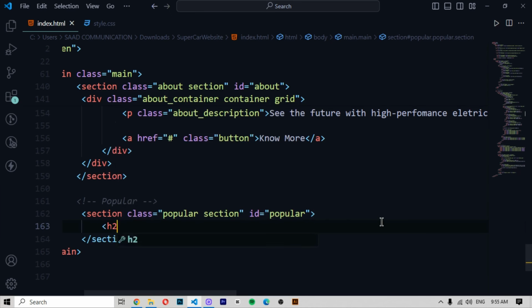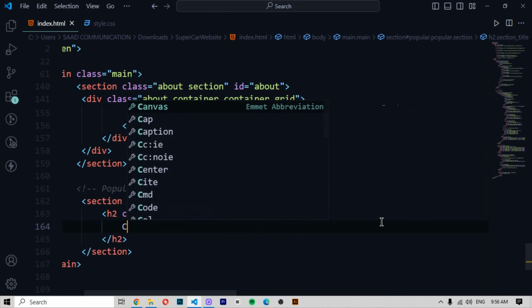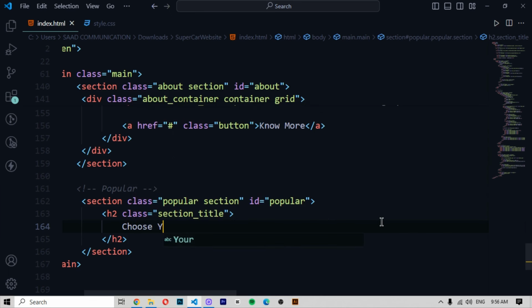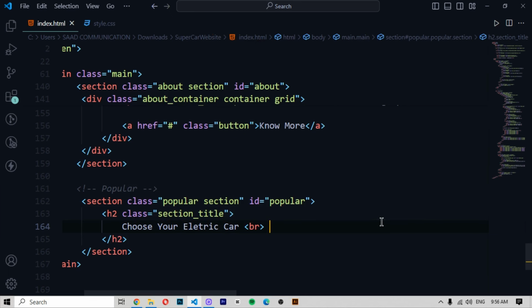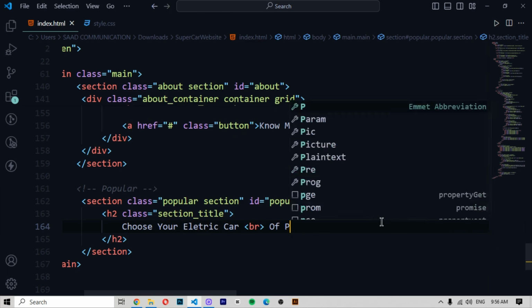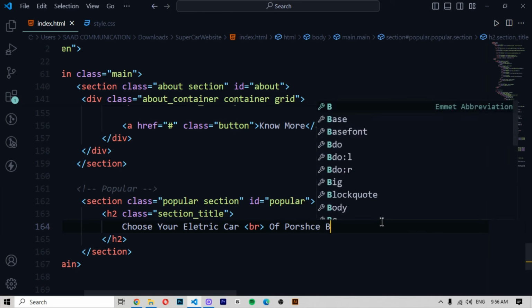Enter, press, then h2 class will be section title, then here we write choose your electric car, then br tag, and then here you write off for brand,